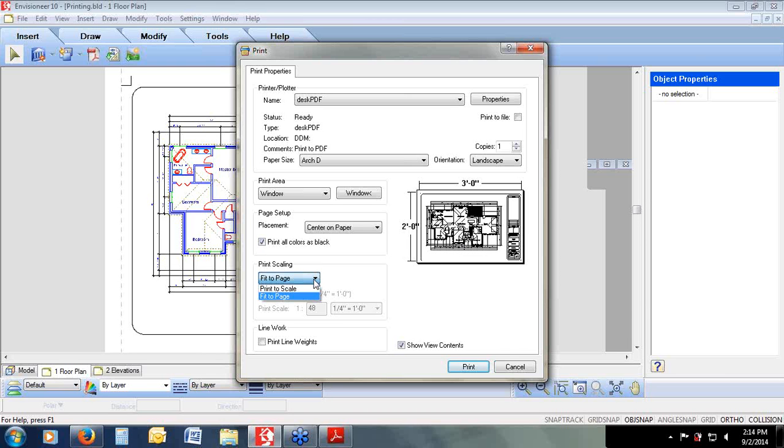Here's another option that's added here in Worksheet. Fit to page or print to scale. If I choose print to scale, it recognizes the scale that I've drawn this entire worksheet at. I've chosen a 1/4 inch equals a foot. The view scale is a 1/4 inch equals a foot. It's going to print to that. And you can see I've got a 3 foot by 2 foot area here, my 24 by 36, and it fits